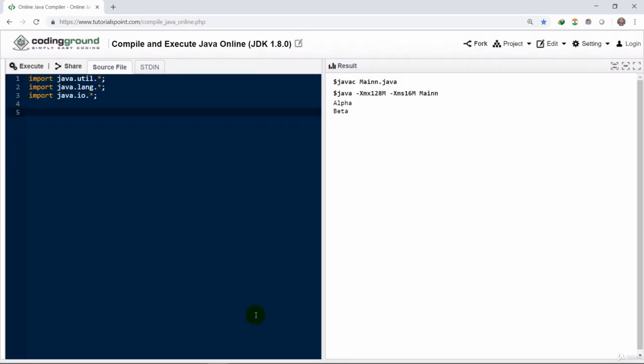We have to first import certain libraries, say java.lang, java.util, java.io, in the beginning that you can use. Then we can create the classes, make it public class Parent,